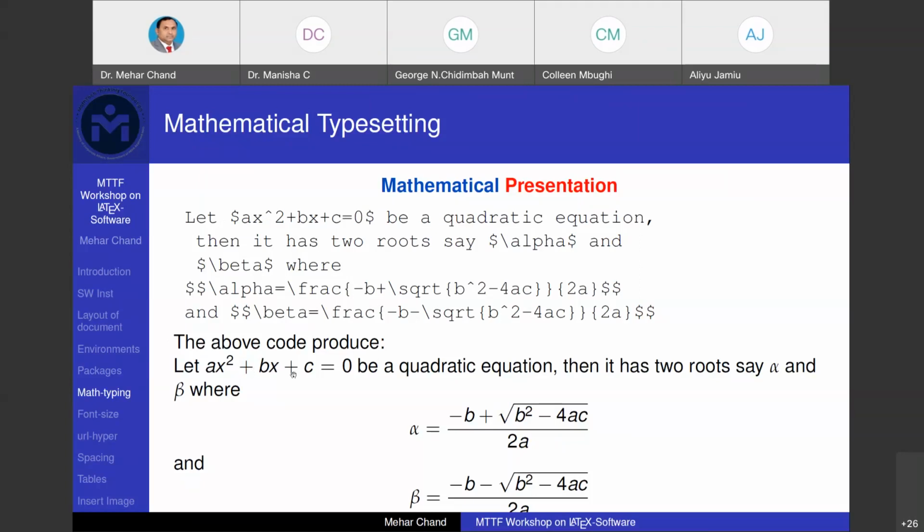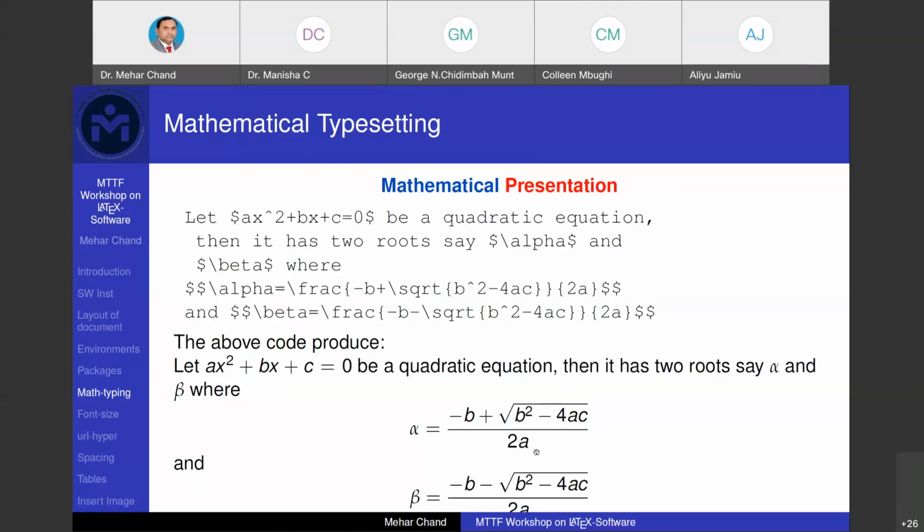Then in the fourth line you can see the double dollar is used, and when we use this symbol in the beginning and at the end, the equation will appear separate from the text. So alpha is equal to minus b plus root b square minus 4ac upon 2a.